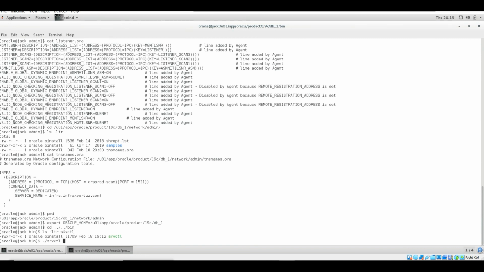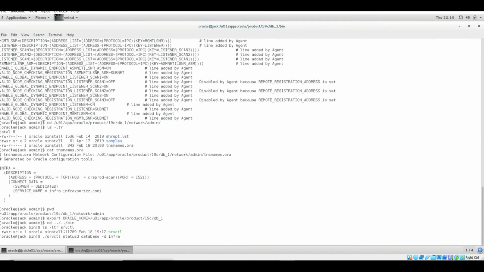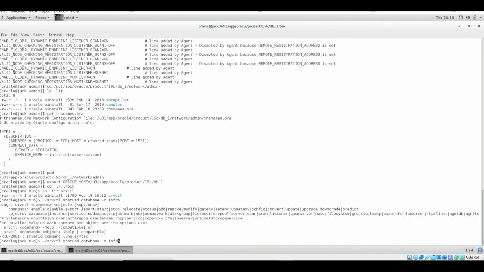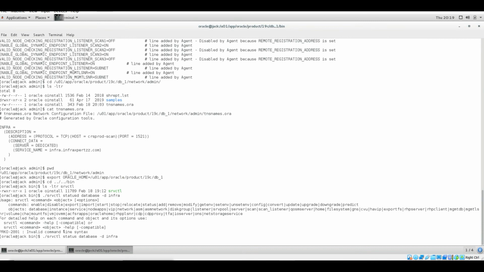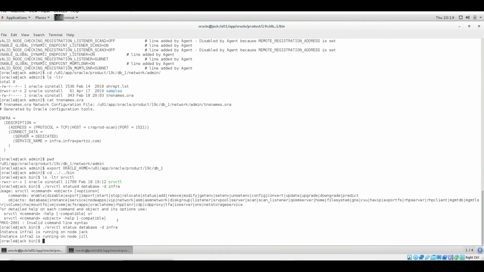Let me run it, infra. It won't be showing because there was a typo. And you can see that the database is running from both my nodes.